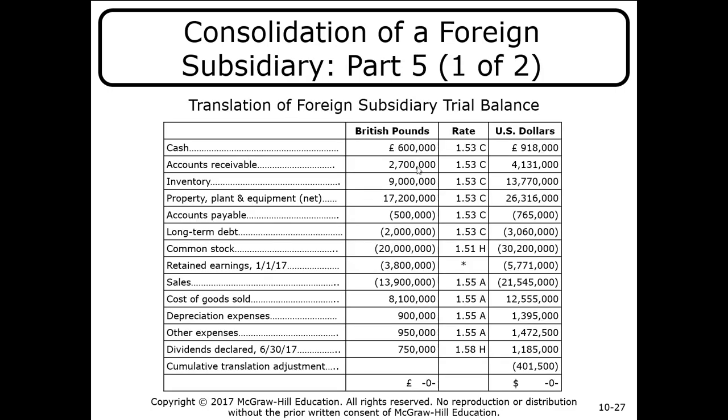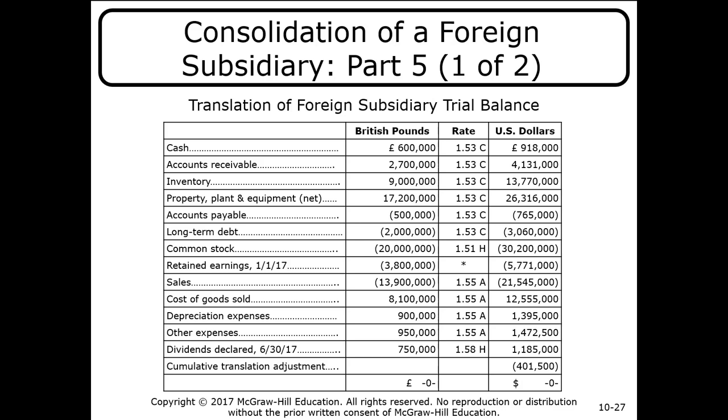So we're first going to take this 600,000 and multiply it by the 1.53 current rate, and we're going to translate all assets and liabilities. The historical rate of 1.51 for the common stock, we're going to multiply that out, and that gives us the US dollars. Retained earnings came from last year's statement, so we don't have an exchange rate. Whatever retained earnings was calculated at on 12/31/2016,